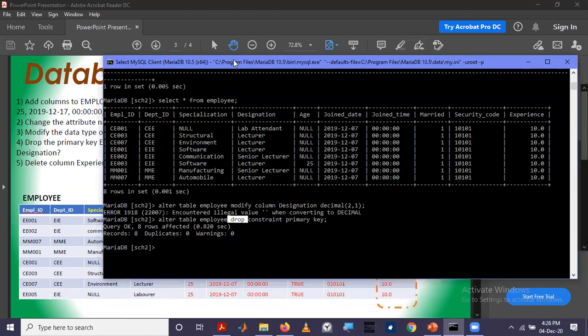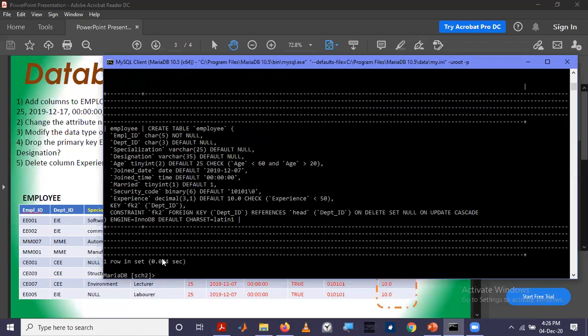So if you now see the table definition, you can see that there is no primary key for this table. There is only foreign key.